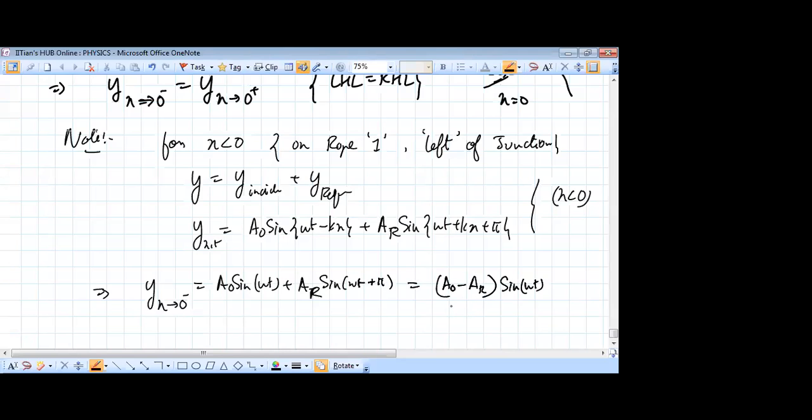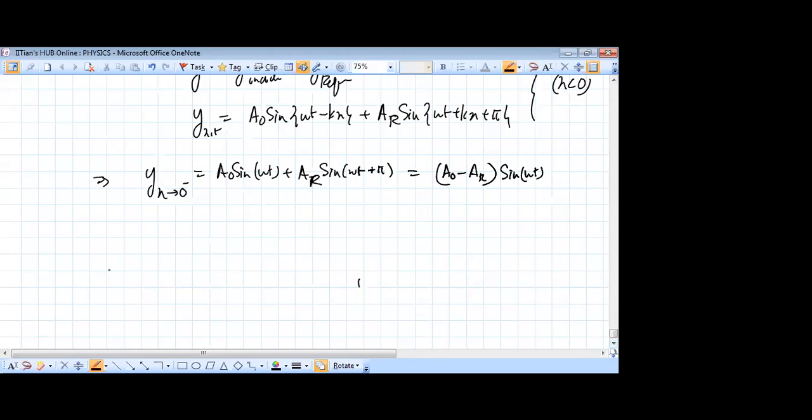That's very obvious here, that the net amplitude should be E0 minus E_reflected. Why? Because the reflected wave is in phase inversion. So that's an easy way to remember that this result will obviously come as E0 minus E_reflected. Whereas for x greater than 0, that is on the rho 2 side, to the right of the junction,